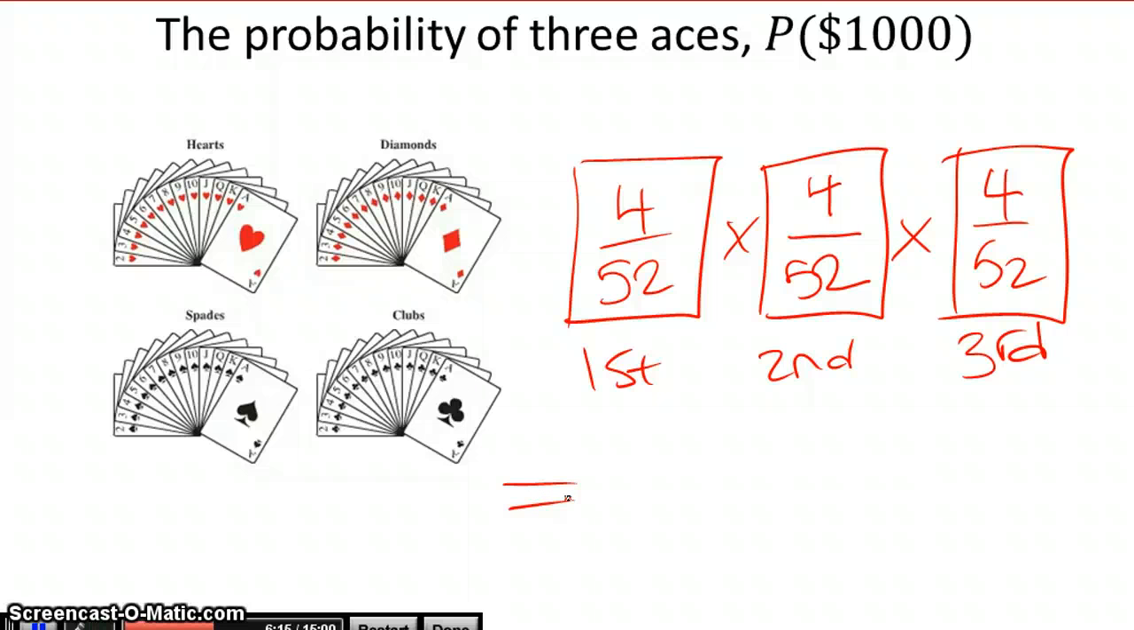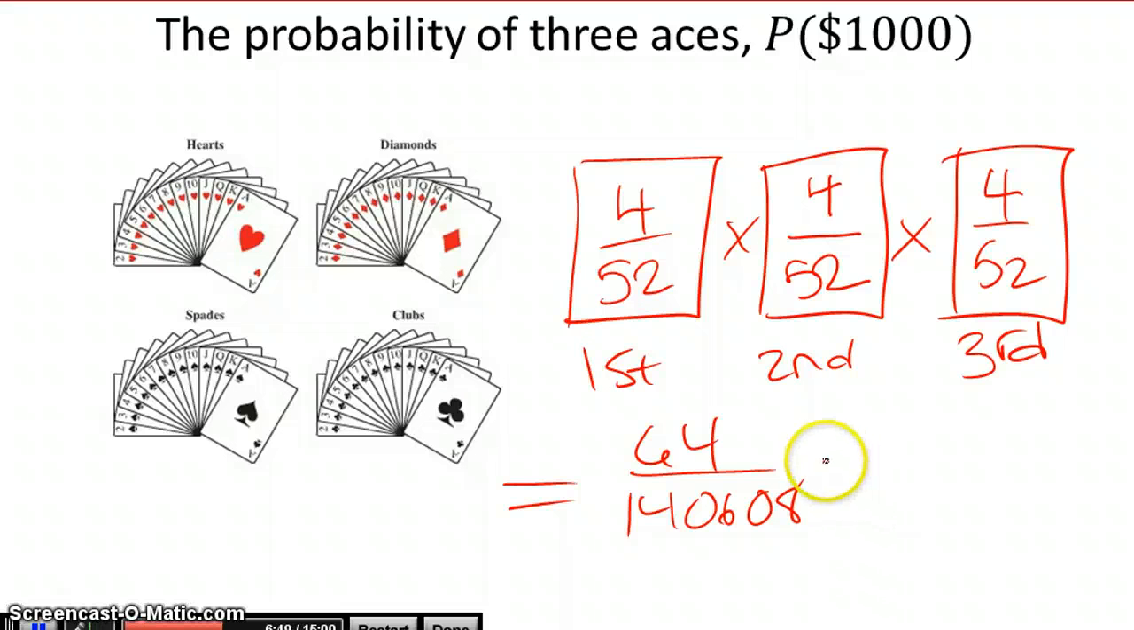This gives me a probability of, if you don't simplify it, 64 out of 140,608. The reason why I didn't simplify these is because these numbers are actually quite meaningful. There are 64 ways we could get 3 aces by selecting 3 cards at random with replacement. And the bottom number represents the total number of ways that you can get any outcome. The total number of possible outcomes from this process is